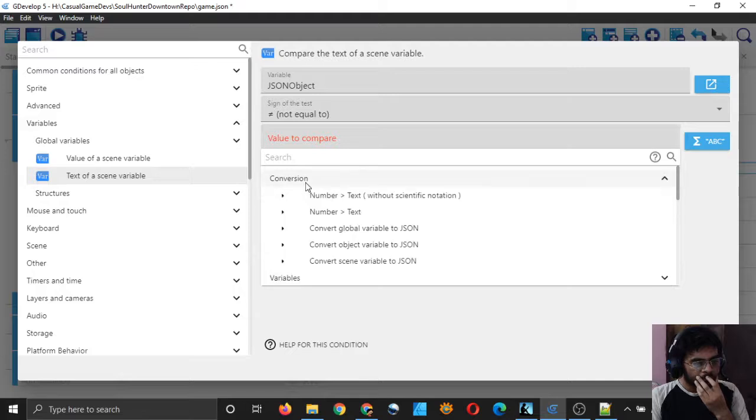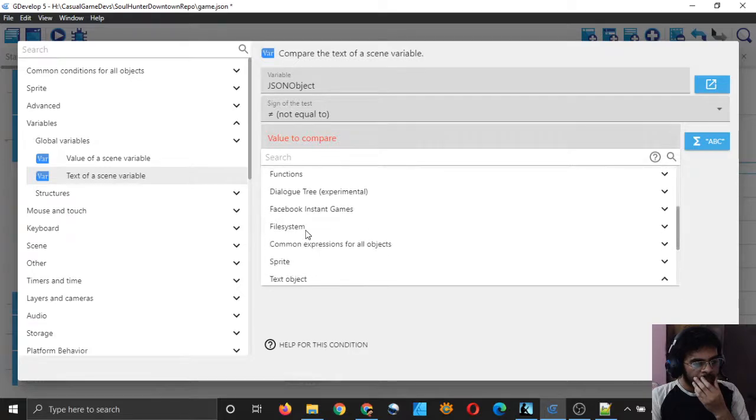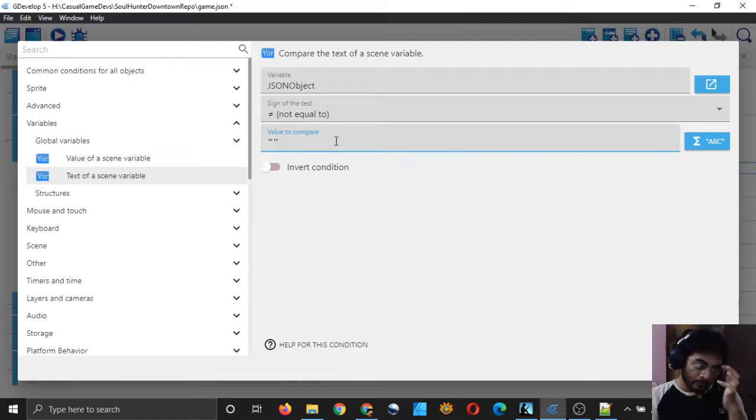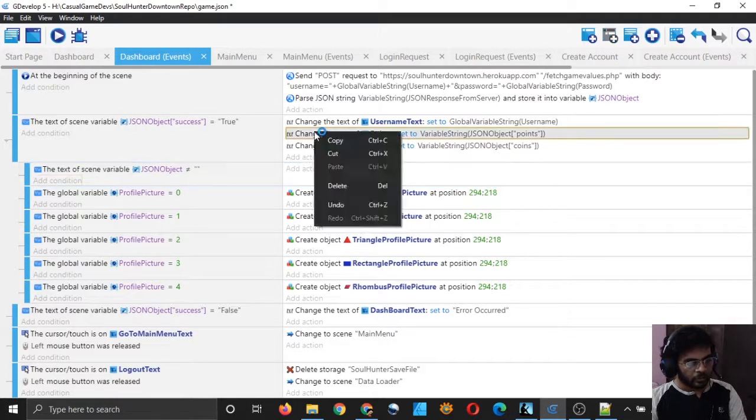Okay, I will simply type this. If it is not equal to this, then we will not show it, right? Then if it is not equal to this, then we will show it, otherwise not.